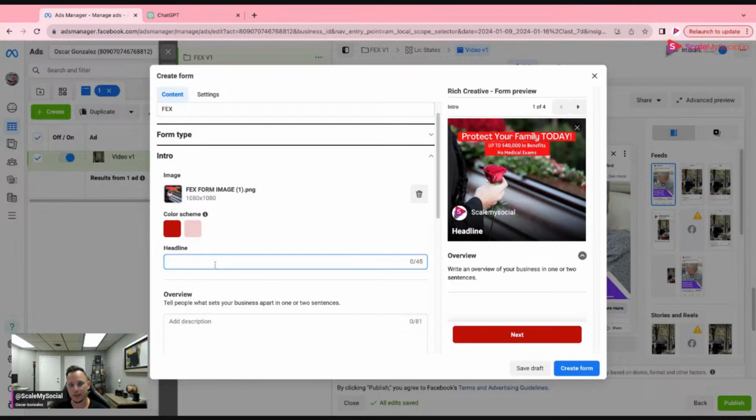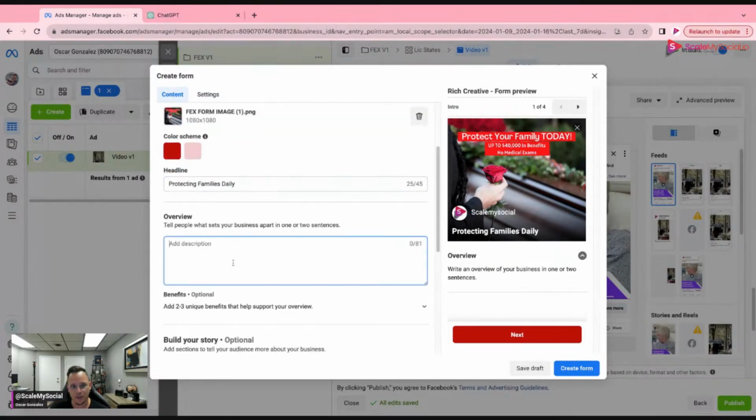What should the headline be? I like to keep it simple, right? You could do something like protecting families daily, right? Doesn't need to be more complicated than that, guys. Now, overview. I like to use this section and just give a few bits of information or a one-liner. Okay, so let me just copy this that I have here, and I would do something like,